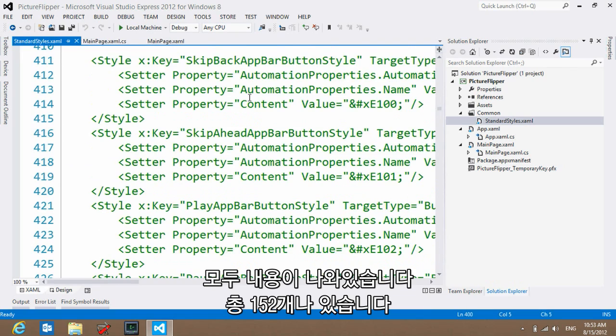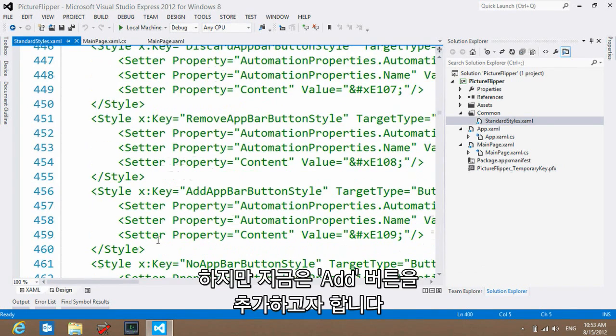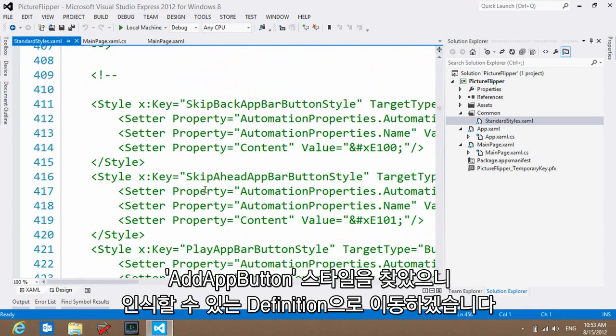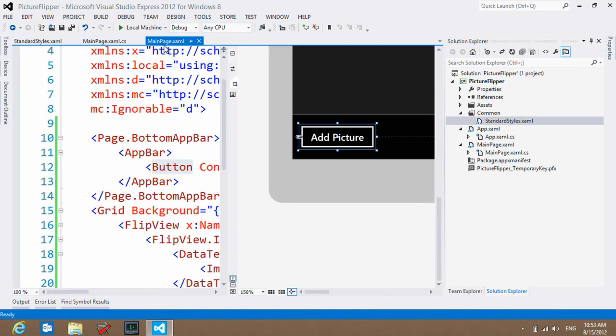Now, they're all commented out in case you don't need them. There's about 152 of them. But we specifically want to have one that looks like an add button. So I found my add app button style, and I'm just going to move that to a definition that's readable. Now if I go back in the